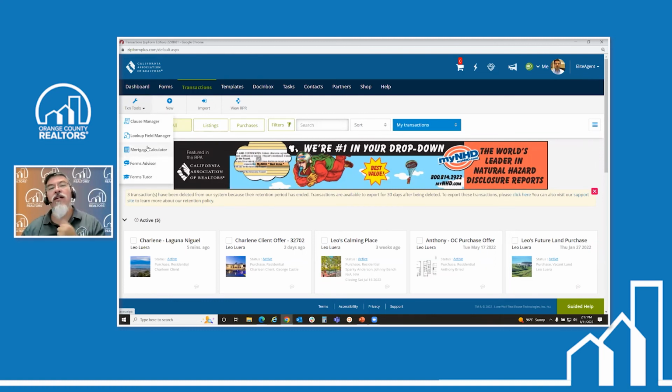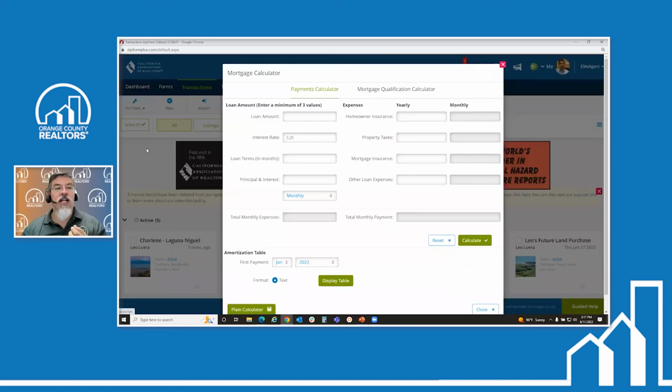But the mortgage calculator I do want to share with you because honestly I think it's kind of a wake-up call of how to see how much of a home your client can afford. So let's just say the interest rate is 7.25% for this person. Loan amount, let's say it's $800,000. We're not going to fill out the rest of it. Term, 360 months. So the monthly payment is